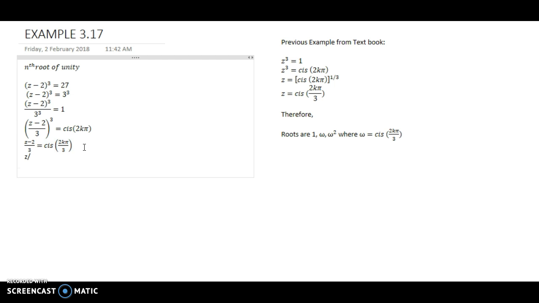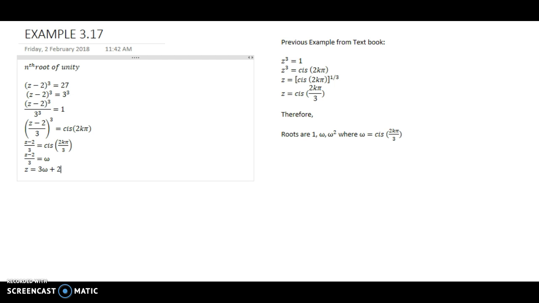We get z take 2 over 3 is now equal to W. Get z by itself, it would become z equals W times 3